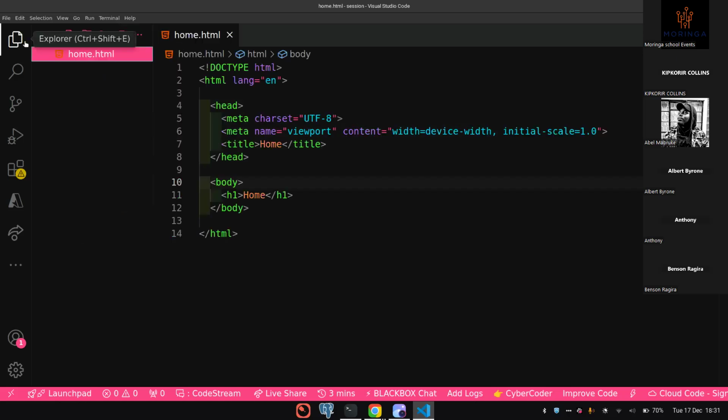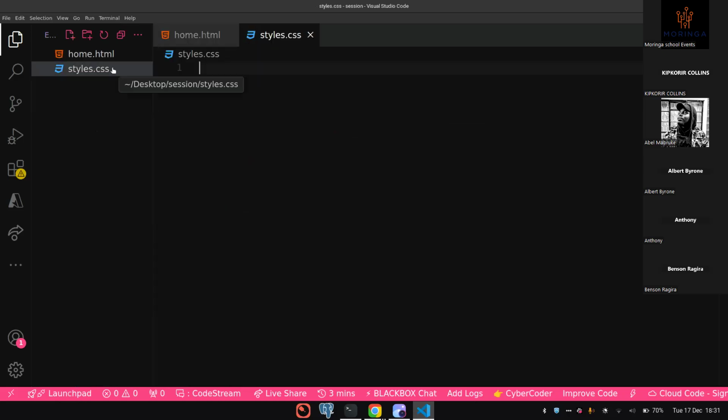So when creating a CSS file, again, right click, give it any name. So I'll give it styles.css. So basically, this means this one is a cascading style sheet. Just basically a file that is going to contain all our styles. So that is CSS, and that is basically what I want us guys to use to create this particular